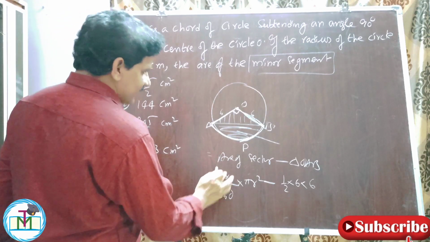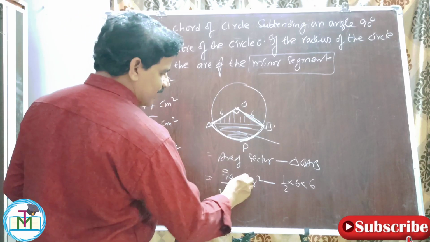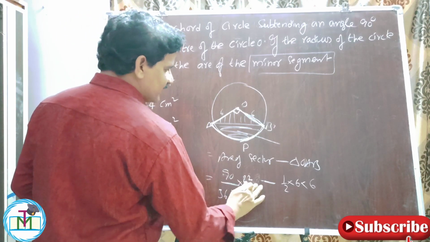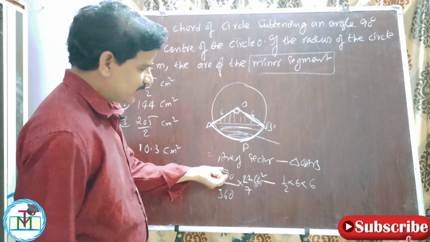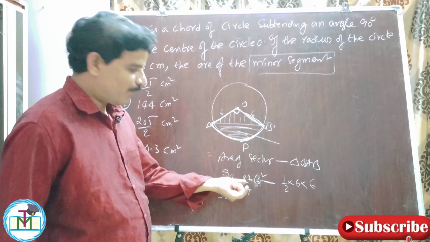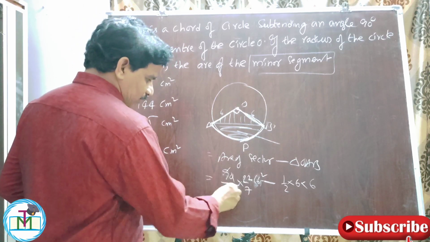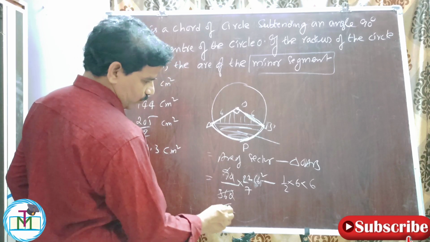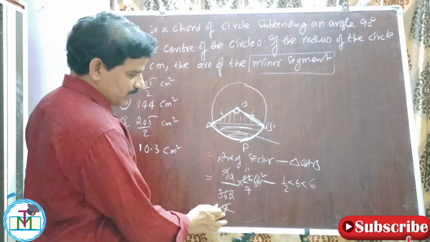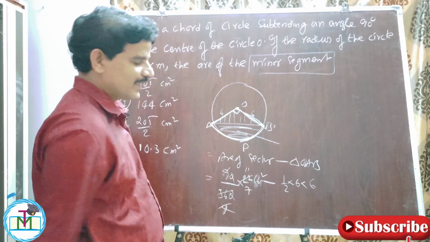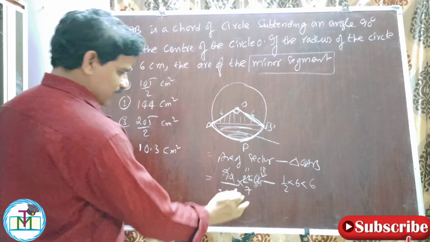So here what is x? X is 90 degrees. Therefore I am writing 90. What is pi? Pi means 22 by 7. What is our radius? Radius is 6 square. In place of x I wrote 90 degrees, in place of pi I wrote 22 by 7. Now 0 0 goes, 9 goes 4 times, in 4 2 goes in 22 11 times. Again one more 2 is there, that 2 goes in 36 18 times. So therefore 11 into 18 by 7.